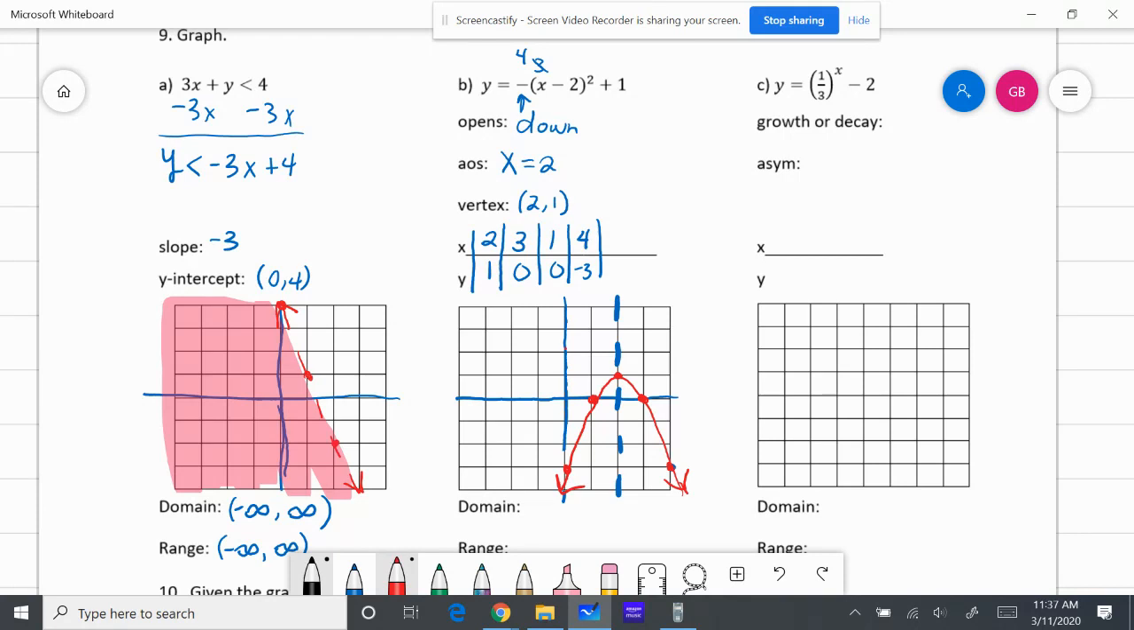So the domain for this one is from negative infinity to positive infinity, from left to right. And the range, the lowest it goes is negative infinity. And the highest it goes is 1. I'm going to use a bracket because it does